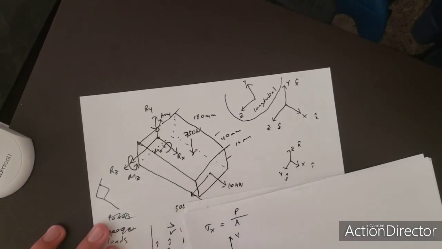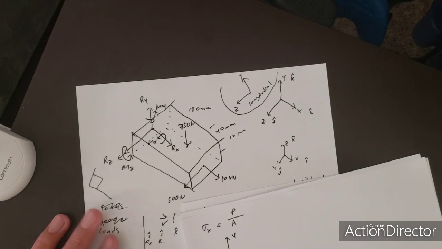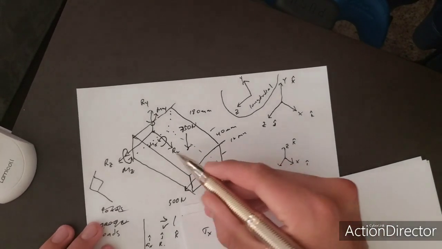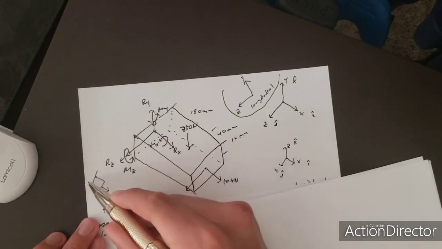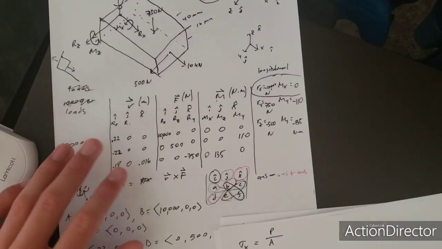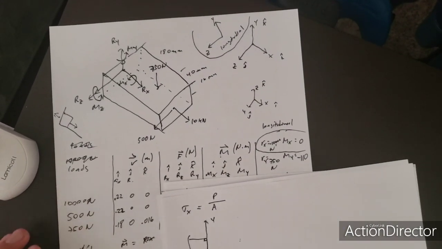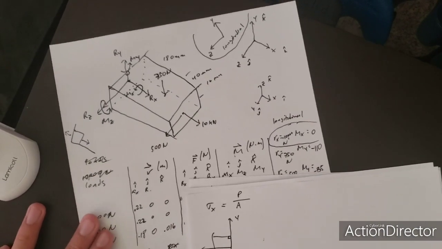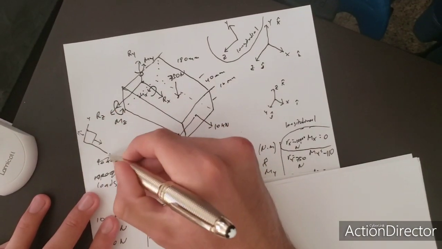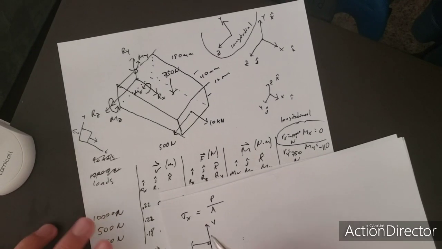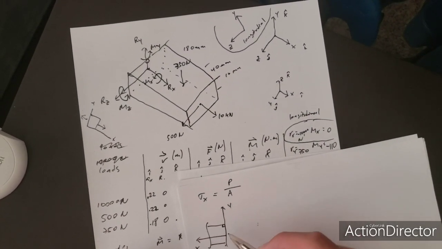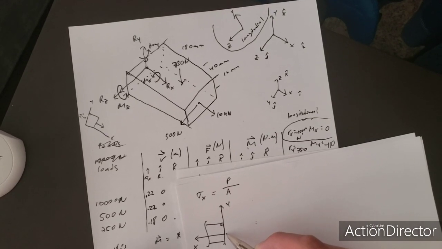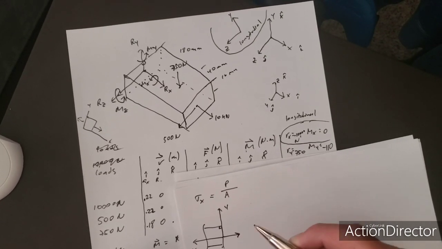Well, let's see, Rx is a reaction force. So Rx is actually this way. Now, what did we find in Rx? We found that in Rx it was negative 10,000. So this is y, this is x. It's not going towards the positive x-axis, but negative of that. So it's actually kind of pulling it this way, 10,000